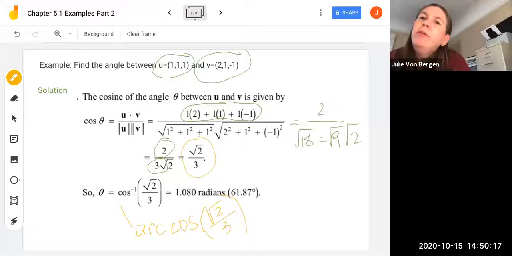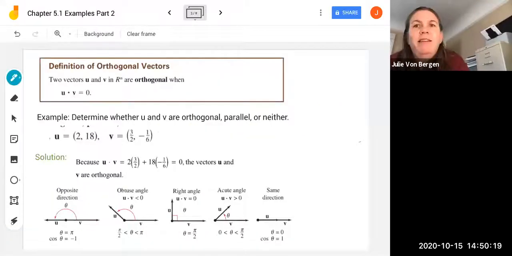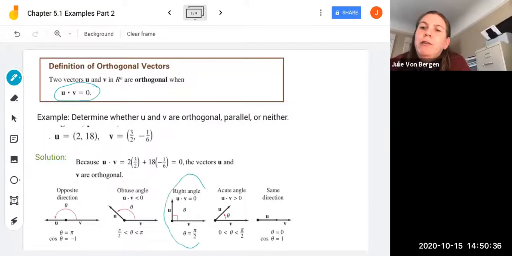In this video, we continue with Chapter 1, Examples and Concepts, and we take a look at the definition of orthogonal vectors. So two vectors, u and v in Rn, are orthogonal when their dot product is 0. And so we think about that as that the vectors form a right angle. So down here in the center is my 2D picture, and that happens when theta is pi over 2, thinking